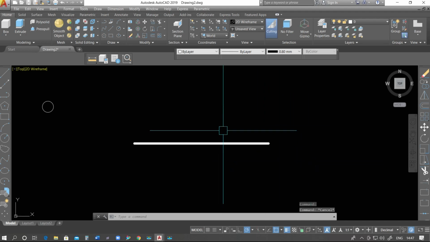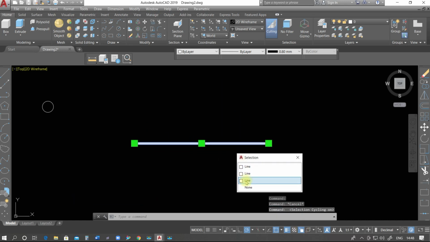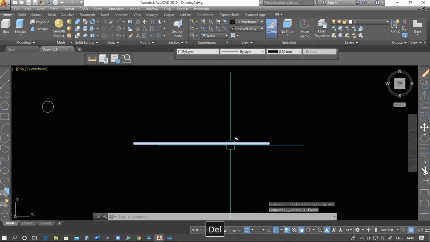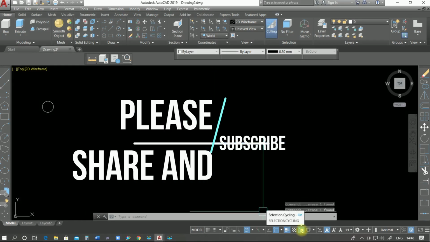To see this one we will use selection cycling. As you check this and select, we see we have 3 lines, 1, 2, 3. So we can easily remove duplicate entities which are hidden in the line, so that you can easily reduce your data. So this is about selection cycling.